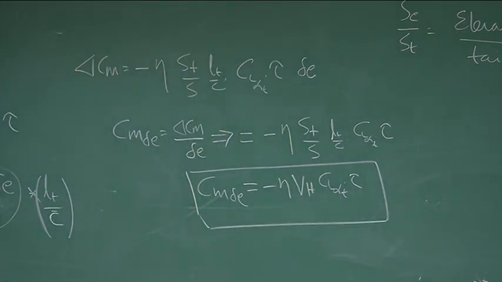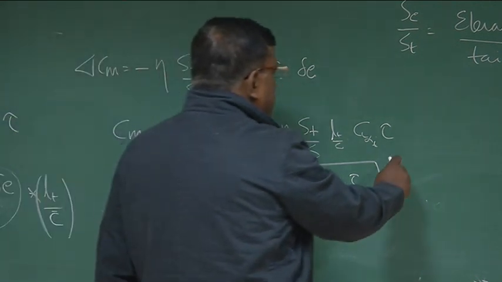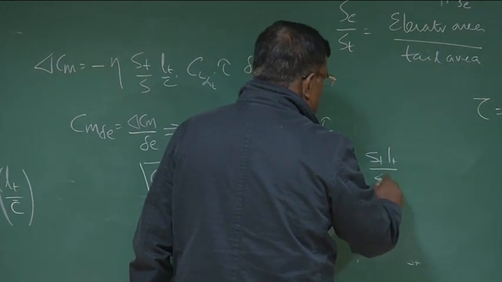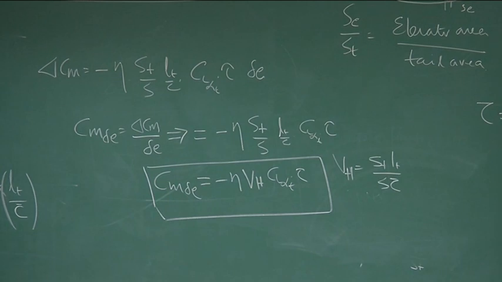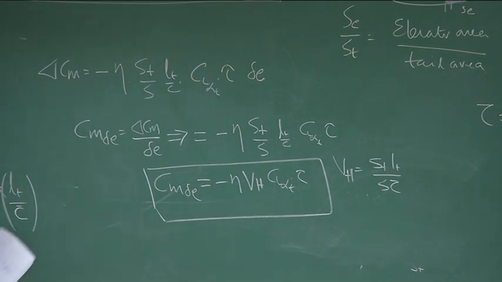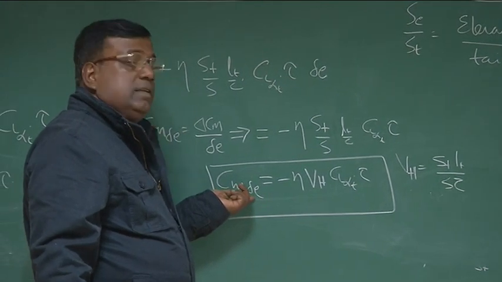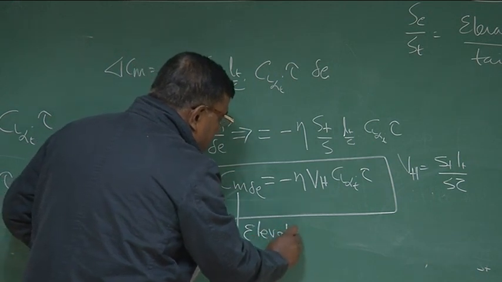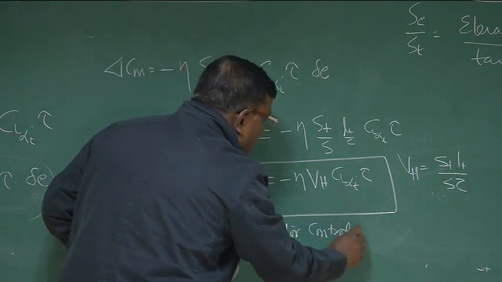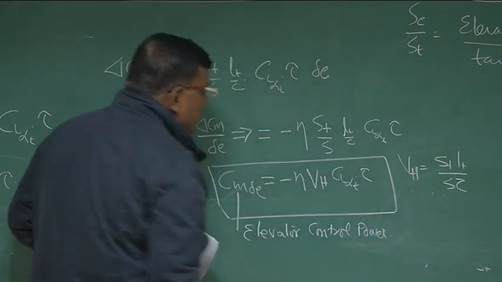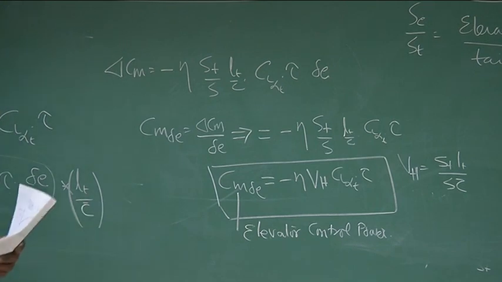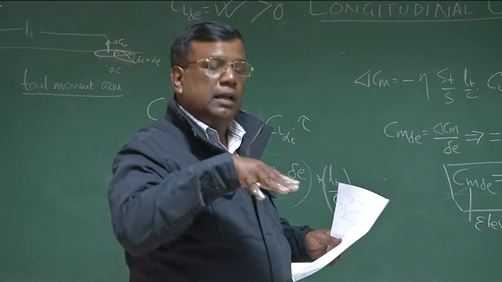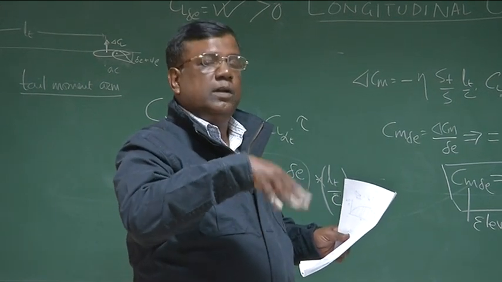What is VH? By now you know VH is tail volume ratio, right? VH is tail volume ratio, ST LT by S C bar. Do you see something interesting here? The interesting thing here is, if I want to increase the control power, this is also called, for information, elevator control power. Okay? It is very obvious, because if Cm delta E is strong, it will give a large moment for a smaller elevator deflection, and